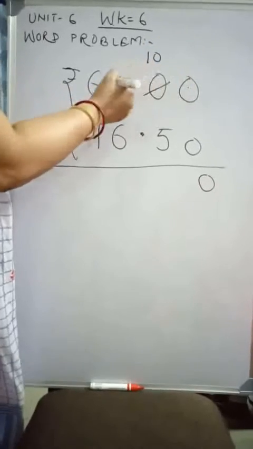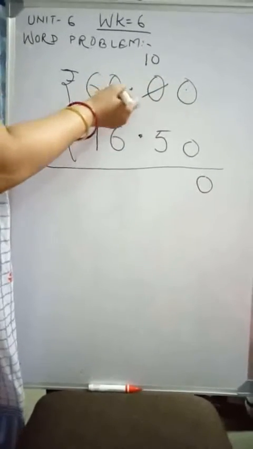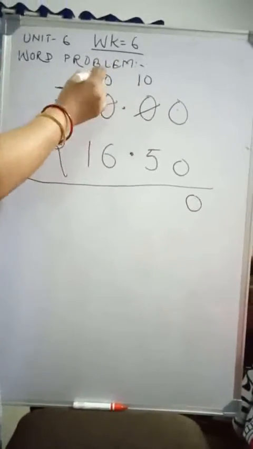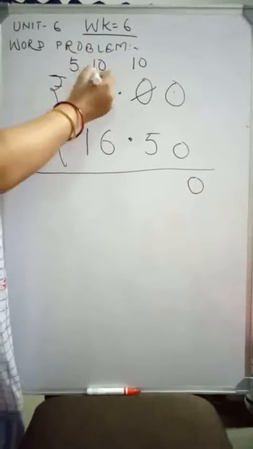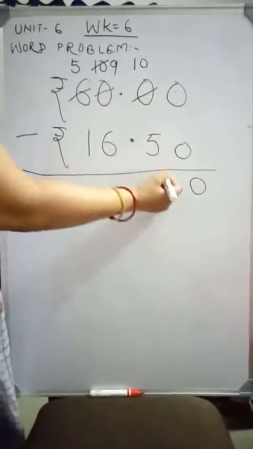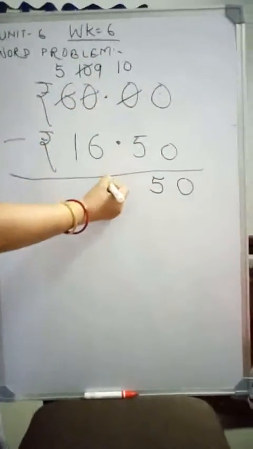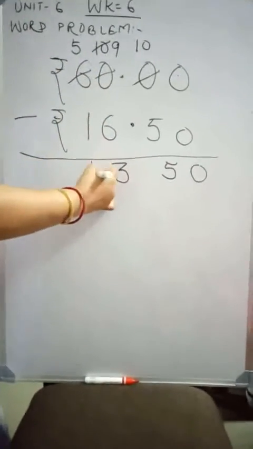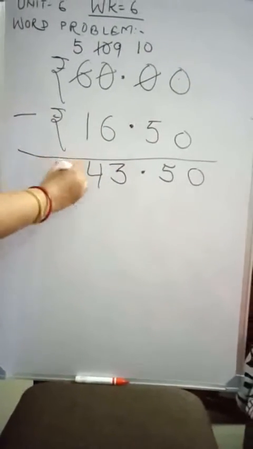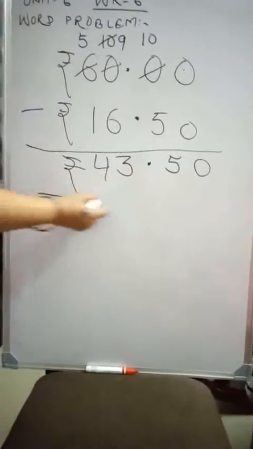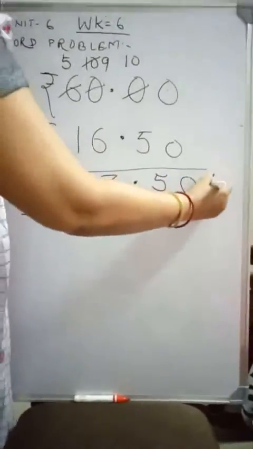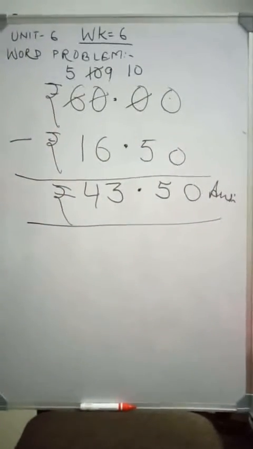All of you firstly look here. When there is no other digit, only zeros are adjacent, firstly this will be 10, and this becomes 5. From this I have borrowed, so here it becomes 10. Now 10 minus 5 is 5, then 9 minus 6 is 3, and 5 minus 1 is 4. Now put the decimal, it will follow one after another. So the amount is 43.50. This is the amount of money that is left with Raju. This is the answer. Now come to the next question.